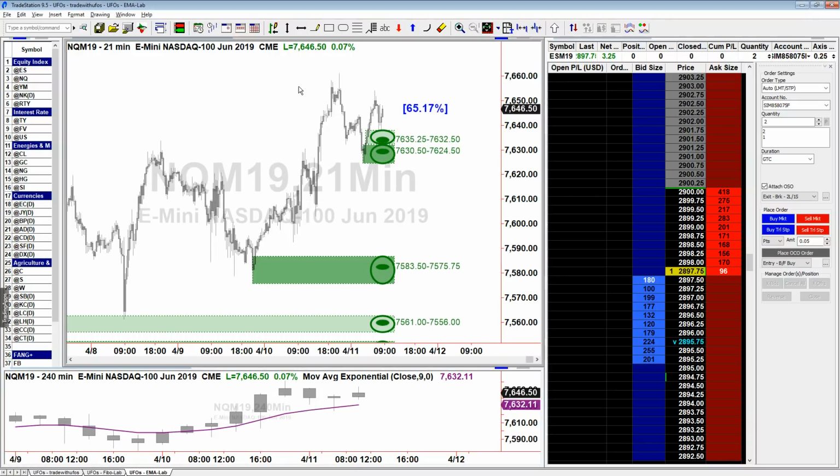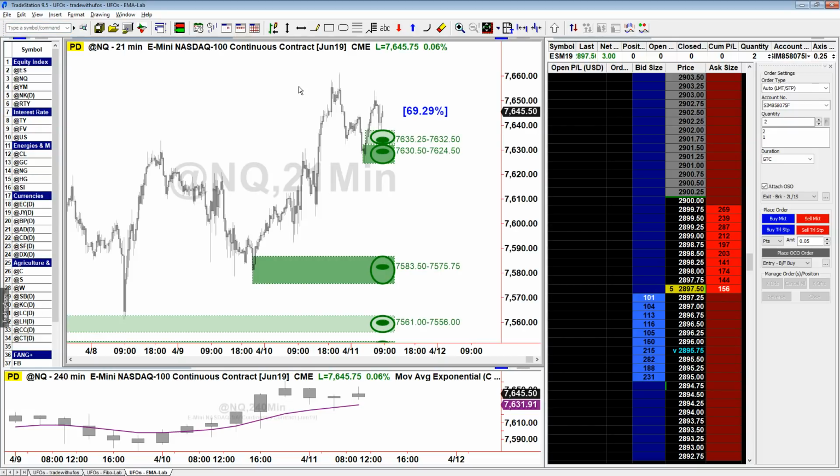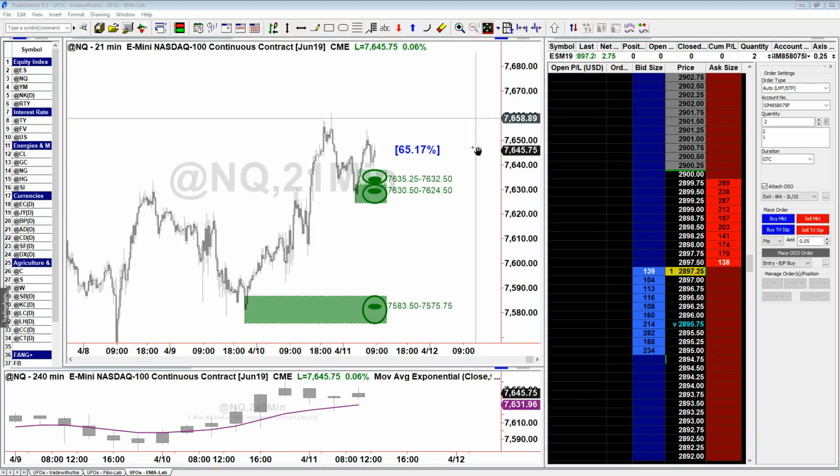So what are we going to do? Well, we're going to plan on this trade, but what I want to do as well is look for my targets, because in this case I have time. So I'm just going to input my continuous symbol at NQ. We'll need to talk about symbols on Sunday. So at NQ, because to look for the targets I need to look back in time, and to do that I need a continuous symbol, okay?